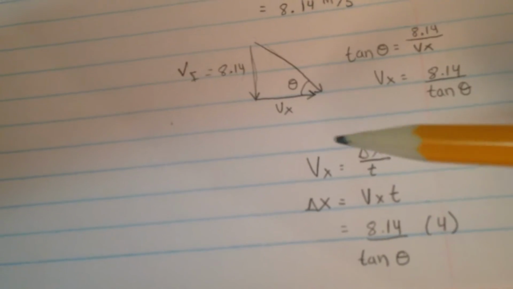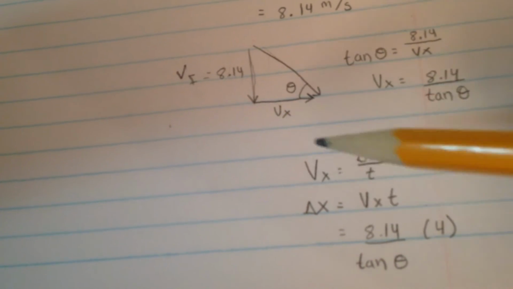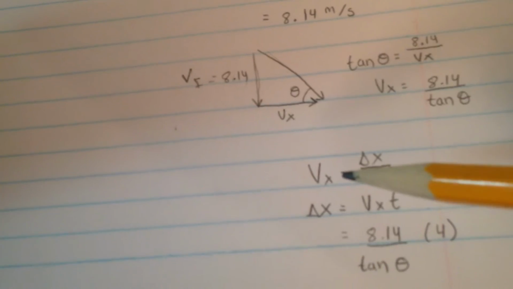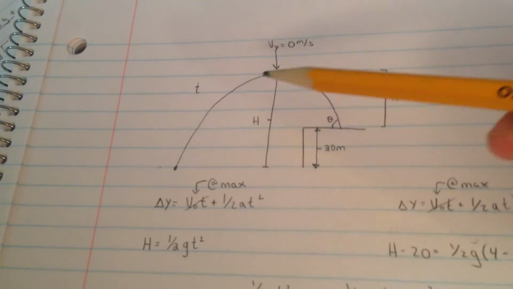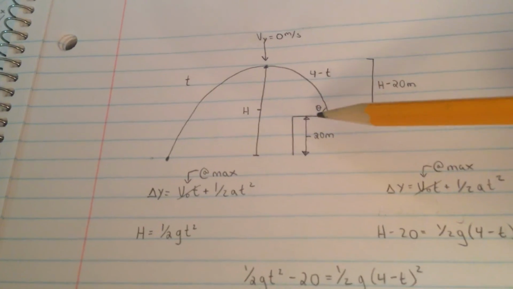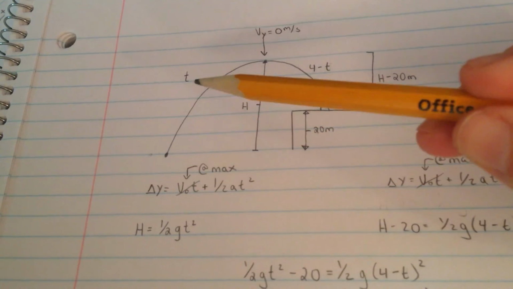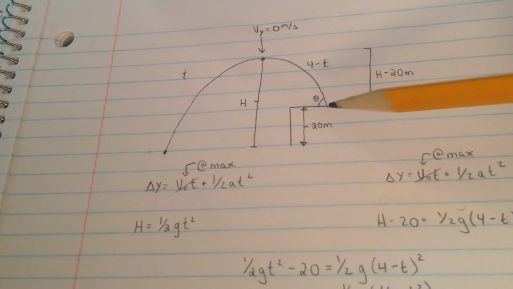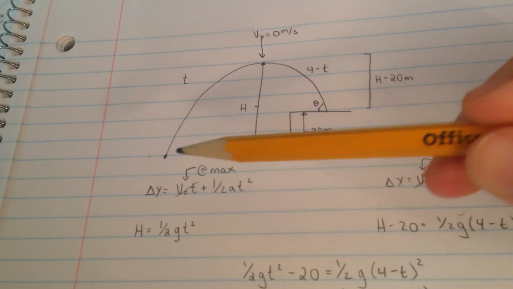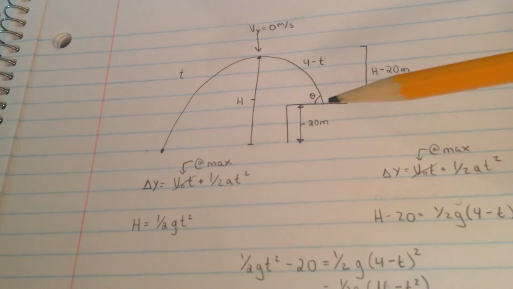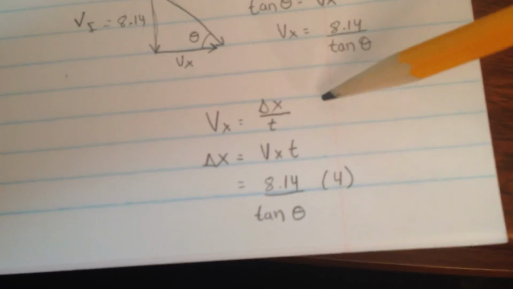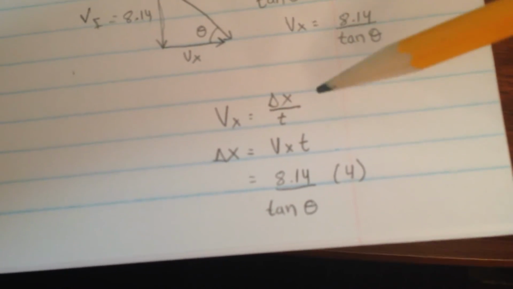And then it just simply reduces to, now that we know the velocity in the x component, remember that is always constant. This velocity does not change throughout the entire length of the projectile motion. So if we know the time it took to go from here to here, and we know the velocity in the x component, we can actually solve for the distance from here to here, which is what the question was asking, using this very simple, lovely equation. Okay, so I just plugged in,